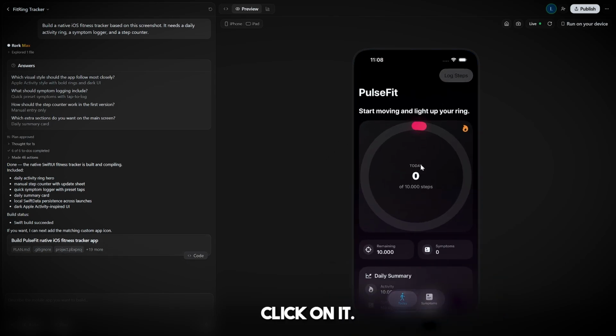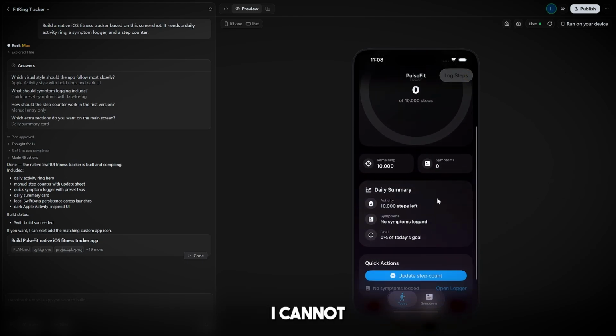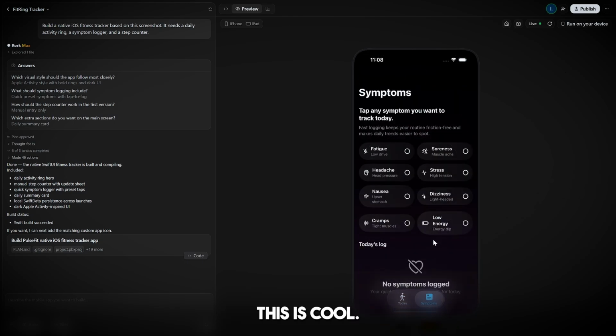I'm just gonna click on it. So, it looks pretty good and it looks actually amazing. I cannot complain about this. It's cool. Now, guys, for the magic trick, historically testing on an iOS meant downloading massive developer tools and waiting